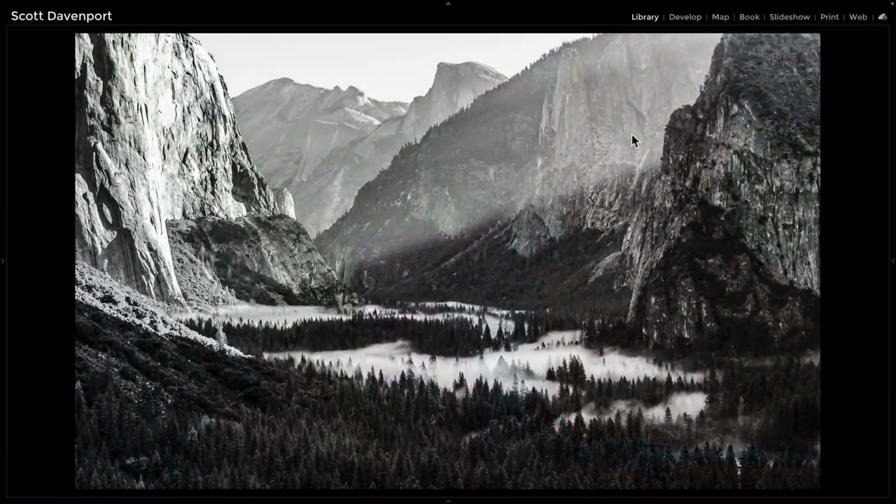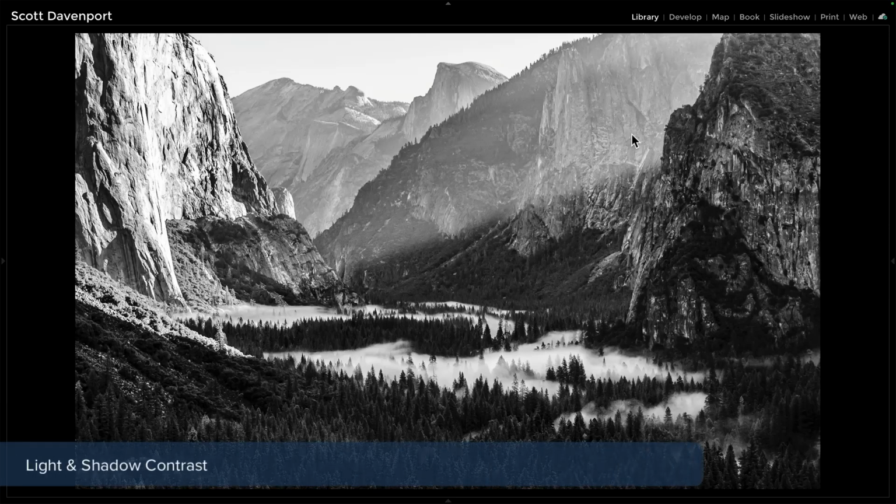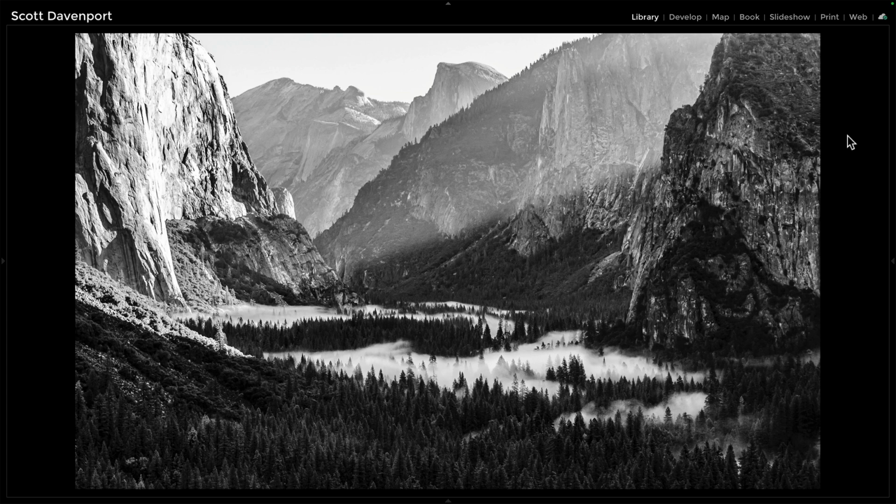Let's start off with light versus shadow. Classic contrast, dark versus light. And I'll start with a black and white photo because it's very straightforward to see, light versus shadow, bright versus dark, what we may traditionally think of as classic contrast in a photo. We have everything from very bright spots to very dark spots, and the differences between the light and the shadow